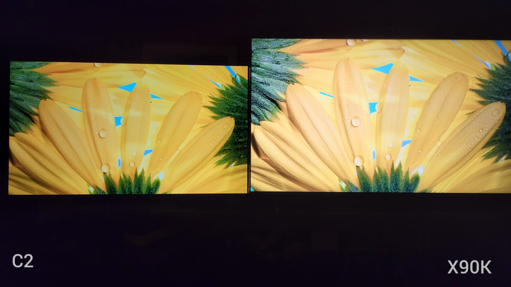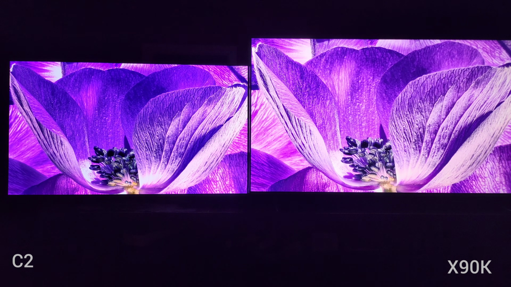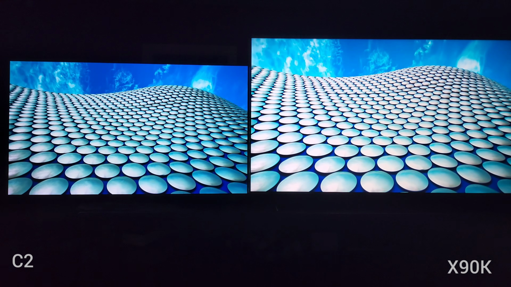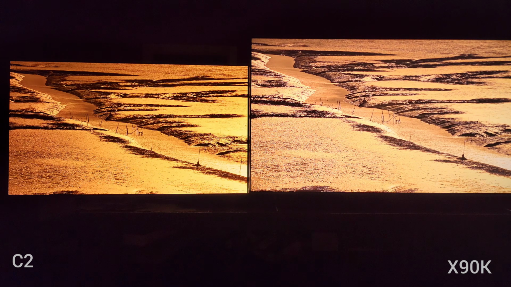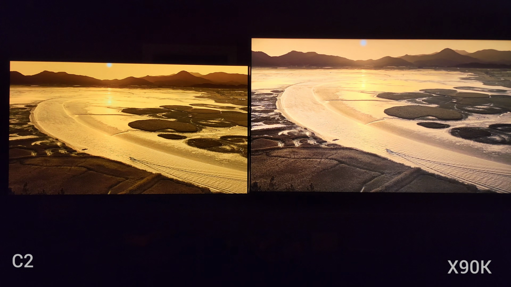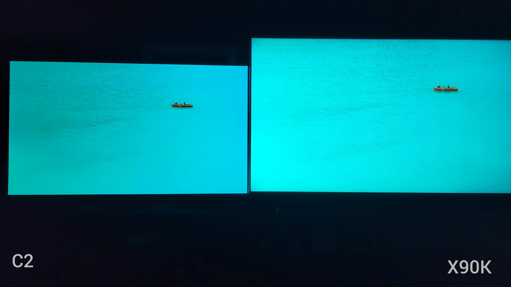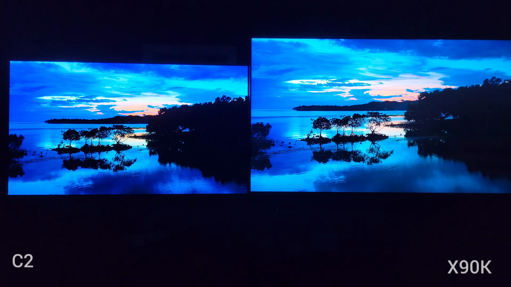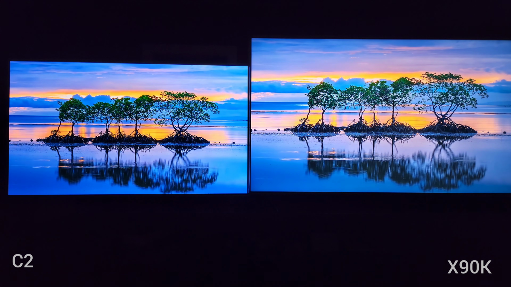Now, the finish of the X90K doesn't really alter or hurt the image or the contrast ratio. I know with matte finishes, a lot of times we feel like it doesn't yield as clean an image. I feel like when the lights are on, that definitely feels like the case, but in a dark room, it's not something you really notice. Again, it'd be easier to tell that with a matte OLED versus the finish on the C2 where it's glossy. Now, lastly, we'll go in here to SDR,